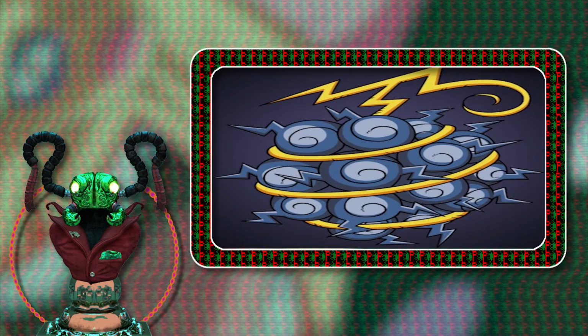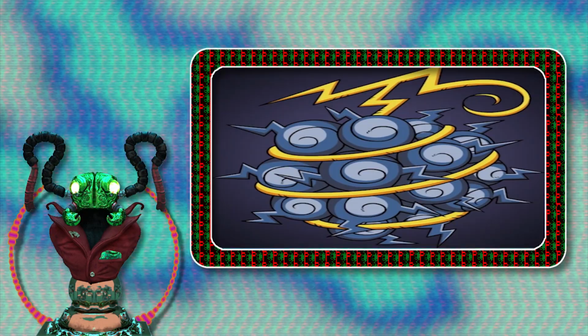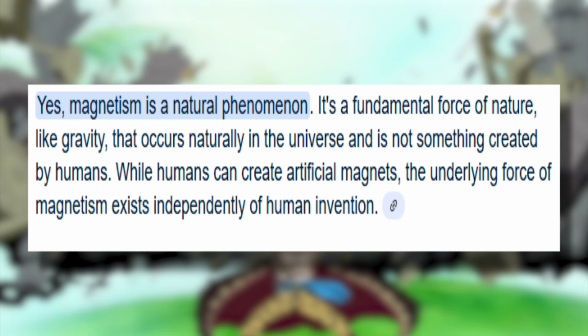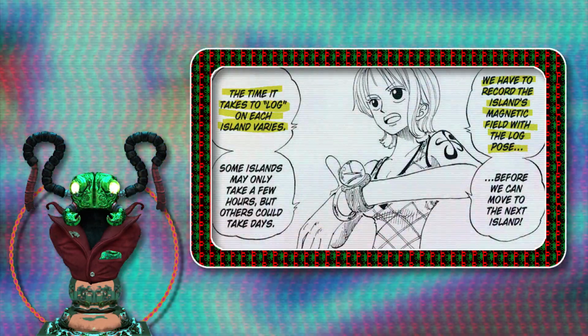So why isn't the Jiki Jiki no Mi, otherwise known as the Magnet Fruit, a Logia type Devil Fruit? As you know, it's described as a Paramecia type Devil Fruit, but the reason why this is weird is because, like all the other Logia type Devil Fruits in One Piece, magnetism is a natural force, both in the real world and the world of One Piece, because magnetism is literally how people go from island to island via the